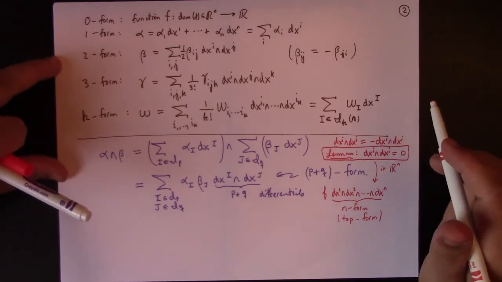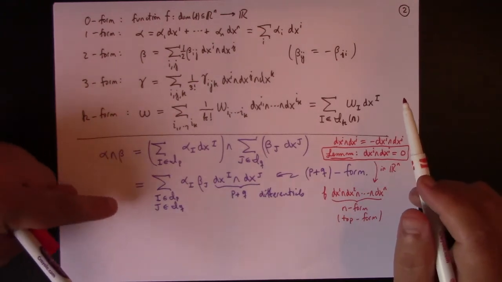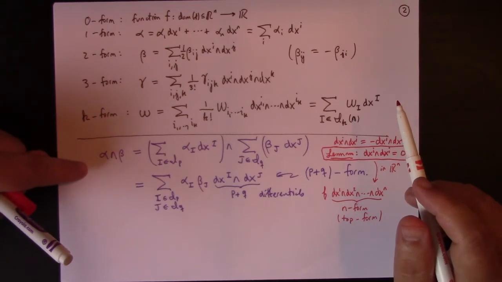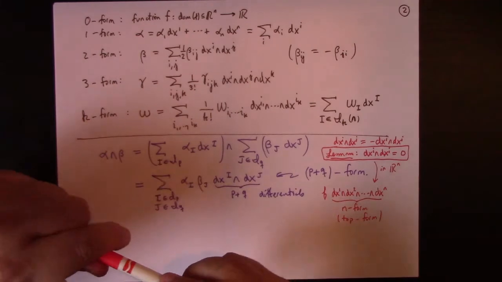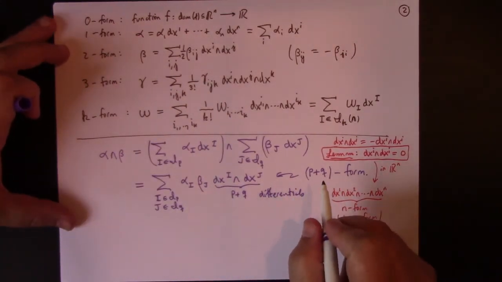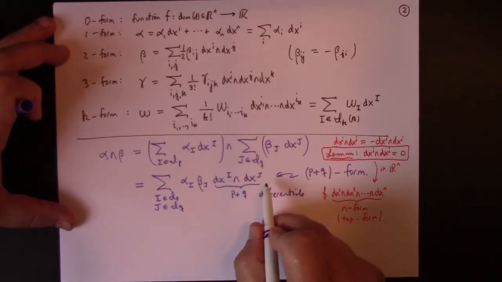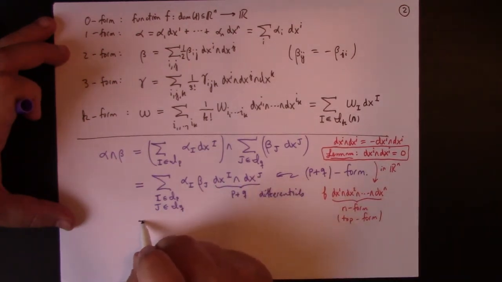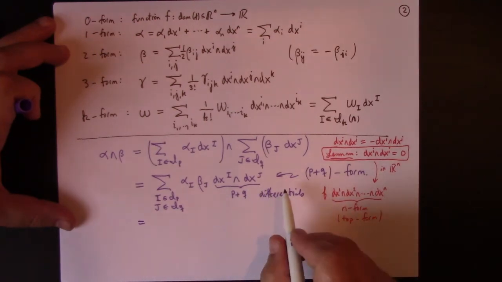Now, let me just get back to this purple calculation here. I want to see what happens for a P-form and a Q-form. What is the rule? We found alpha wedge beta was equal to minus beta wedge alpha for 1-forms. How does it work for P and Q forms, right? So if you look at this, if I want to switch the order of dxj and dxi, what do I get? Well, I'm going to argue that what I get, so if you think about that,